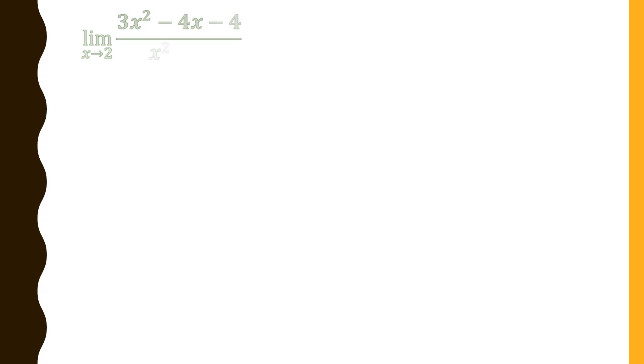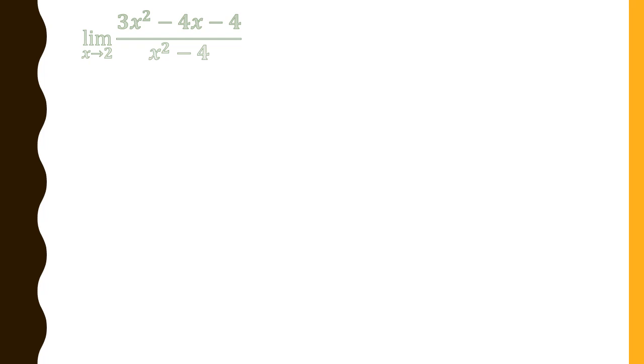Okay, this time I have taken a bit bigger sum, but as you can see, whenever questions like these are a bit bigger, we can simplify them. So what I am going to do here is apply the factorization method, and after factorizing I will use the tabular method. My question here is limit x tends to 2, (3x² − 4x − 4) divided by (x² − 4). Now I have to factorize them.